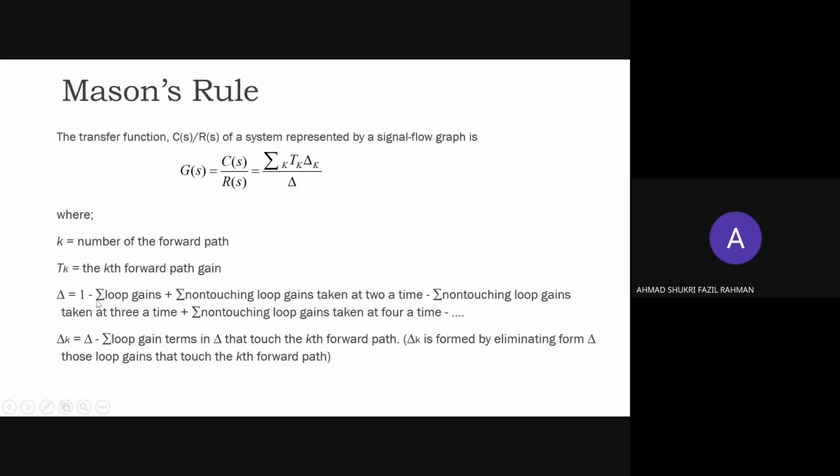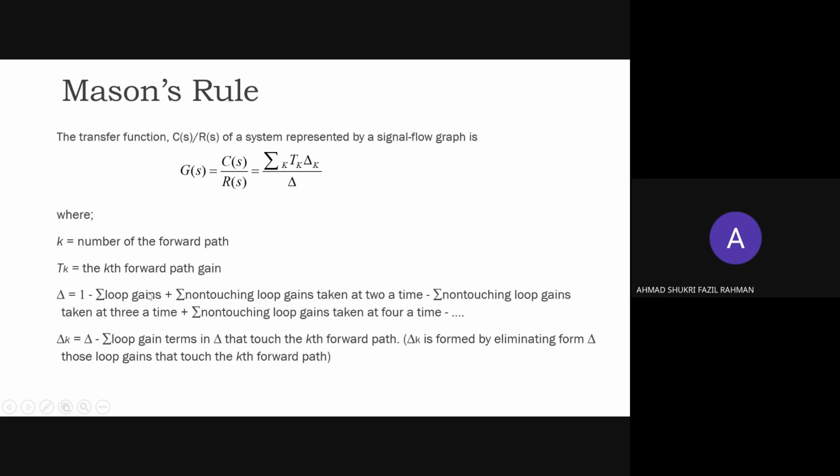Okay, tengok kemudian perhati betul-betul okay. Observe carefully the sign okay, starting after 1 should be minus and then plus and then minus and then plus. Okay, yang tu faham betul-betul. Make sure that you understand the pattern, alternate sign minus plus and so on okay, and then the first one should be the loop gain.